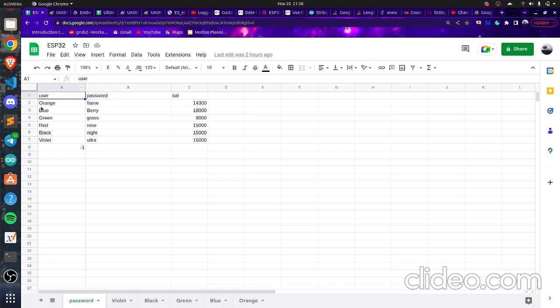For example, if my user was orange, it will check the list for orange, and if orange is found in the list, it will grab its row number. We know that there are only 3 columns, A, B and C, and we can get all the values related to orange, like its password and bank balance, from this row. B2 will get the password, and on C2 we'll get the balance.